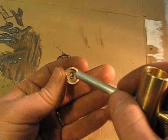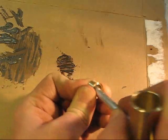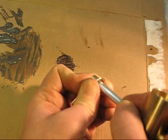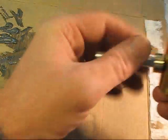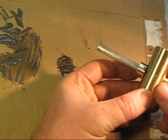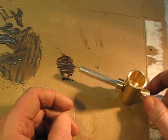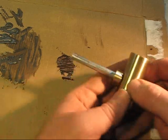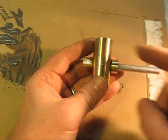And then I trained my other half of my rubber gasket washer thing here, and hoping I have a little better luck this time. There we go. There you can see I don't have any hanging out the back end, and I can just slide that guy on there. And there we go. Here's our little powder trickler. I guess the only thing I would have left to do is polish this guy up one more time,